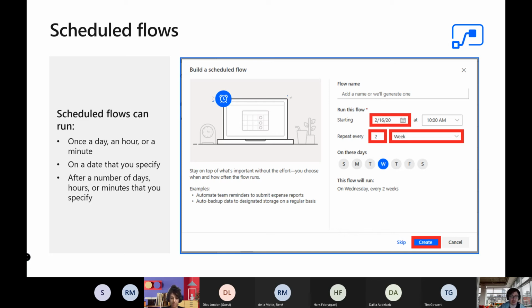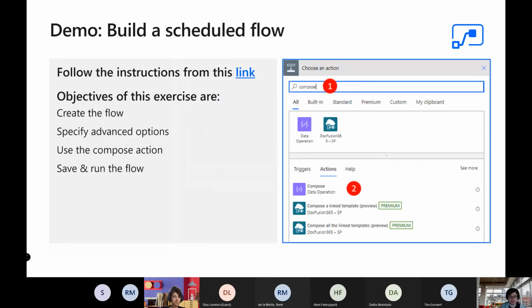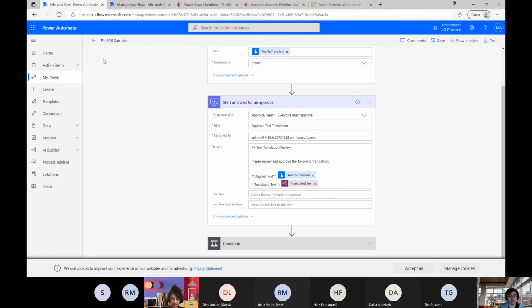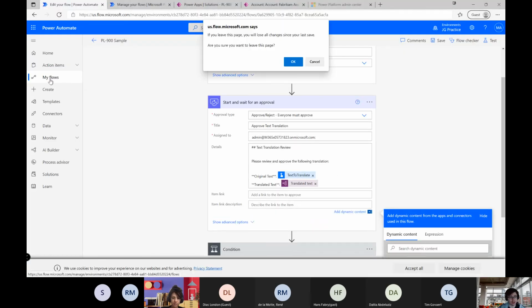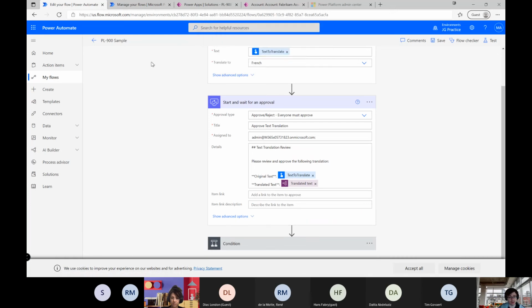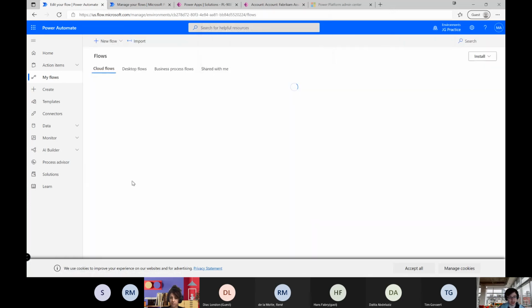So definitely look at that if you're wanting to run something on a fairly regular basis. In terms of how we would build out a scheduled flow, I can just show you very quickly before we do need to move on. The only difference is that we would just go into, so if I just go back to my flows for a second,